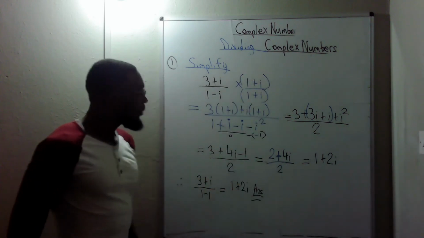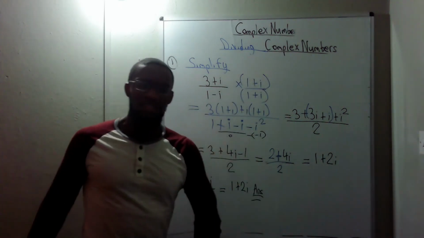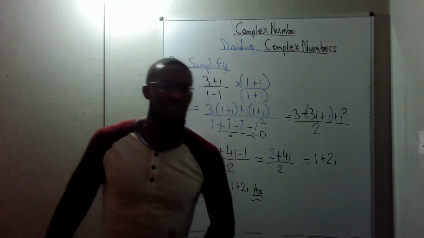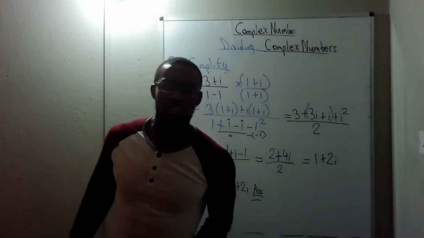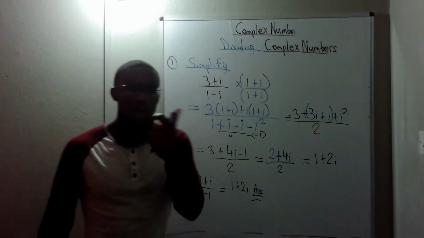So this is how we divide complex numbers. And there's one final thing to go, which is finding the square roots of complex numbers. Alright, so we're almost done with